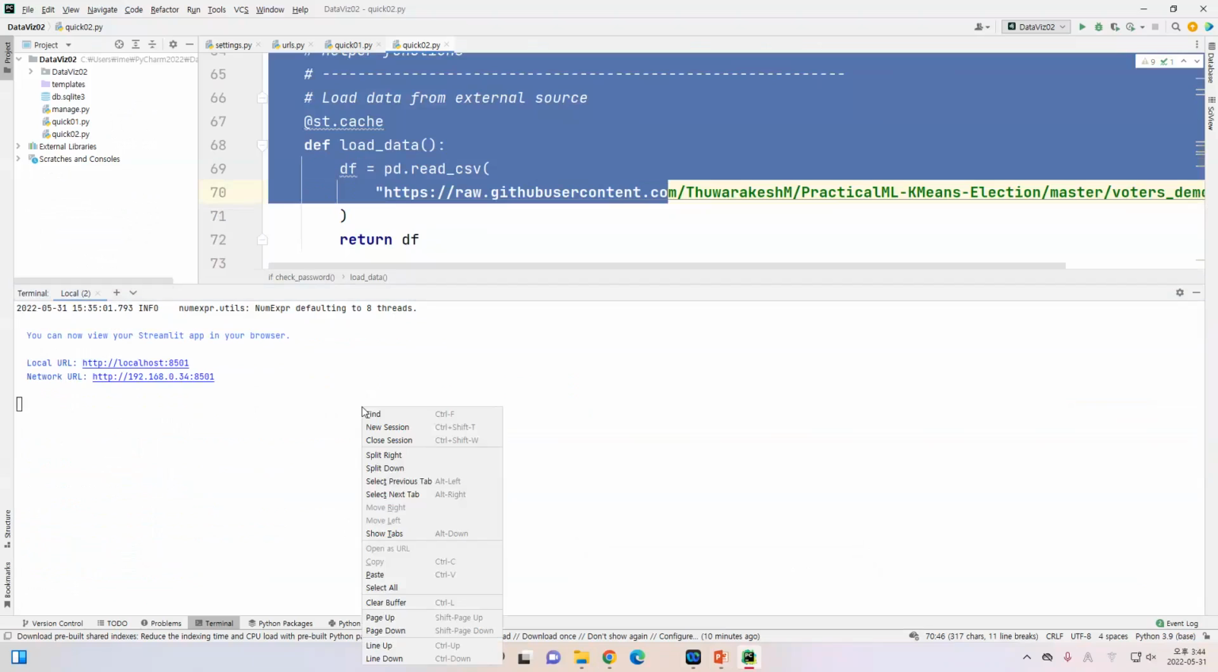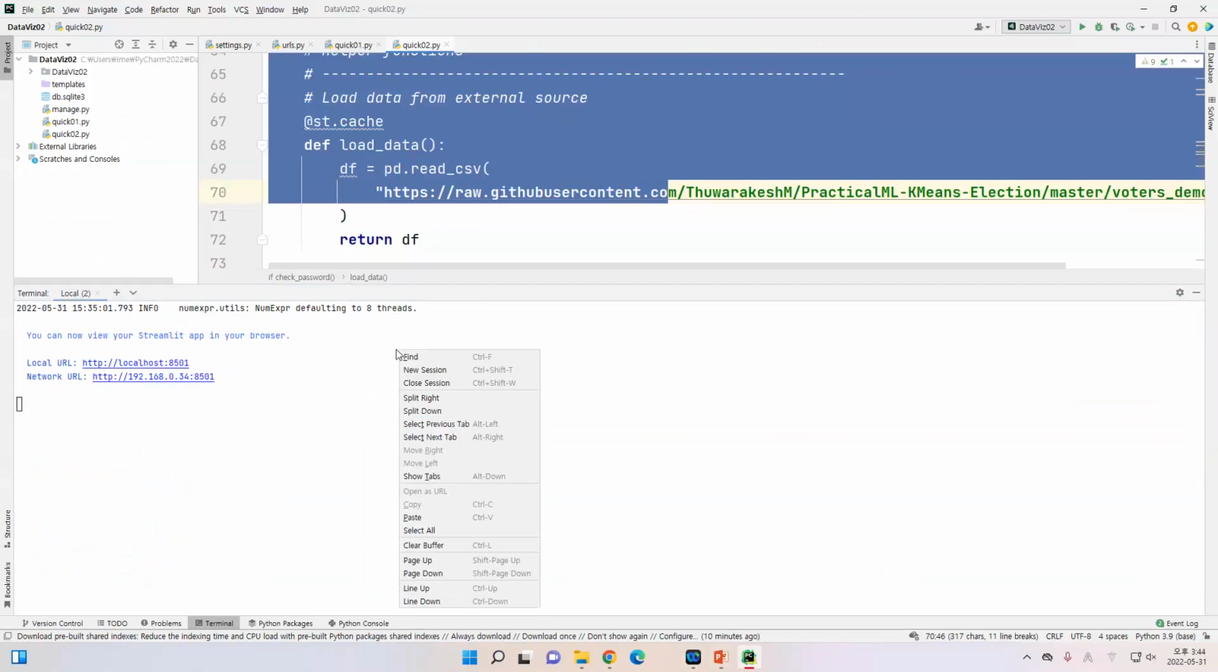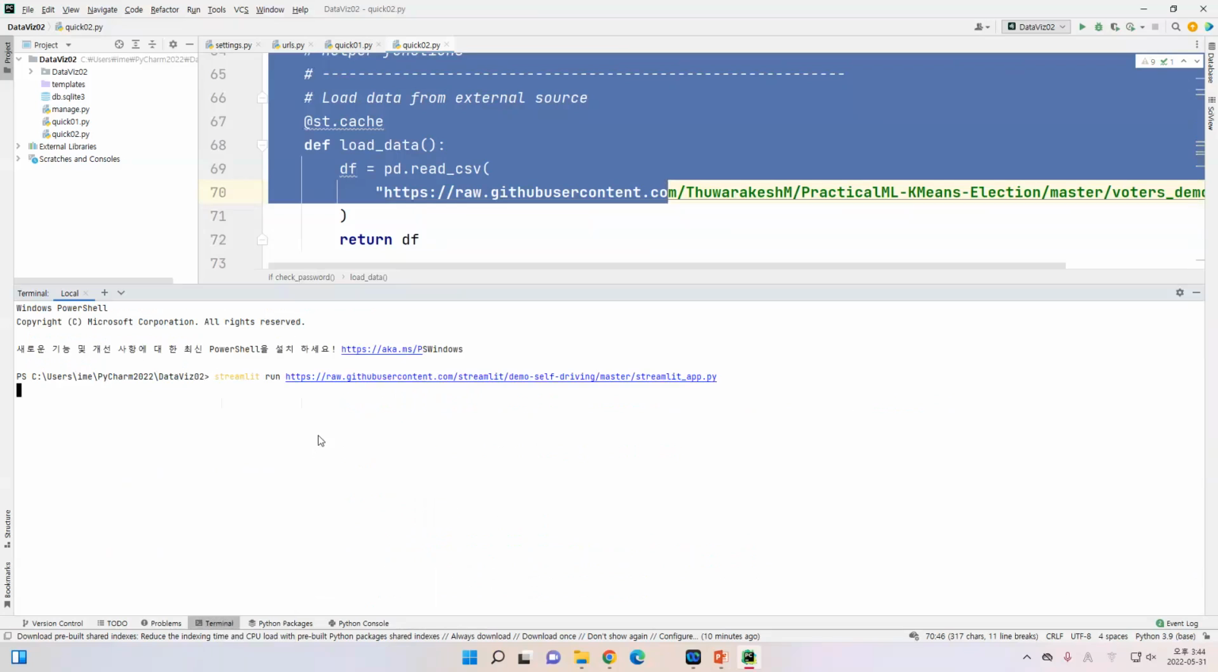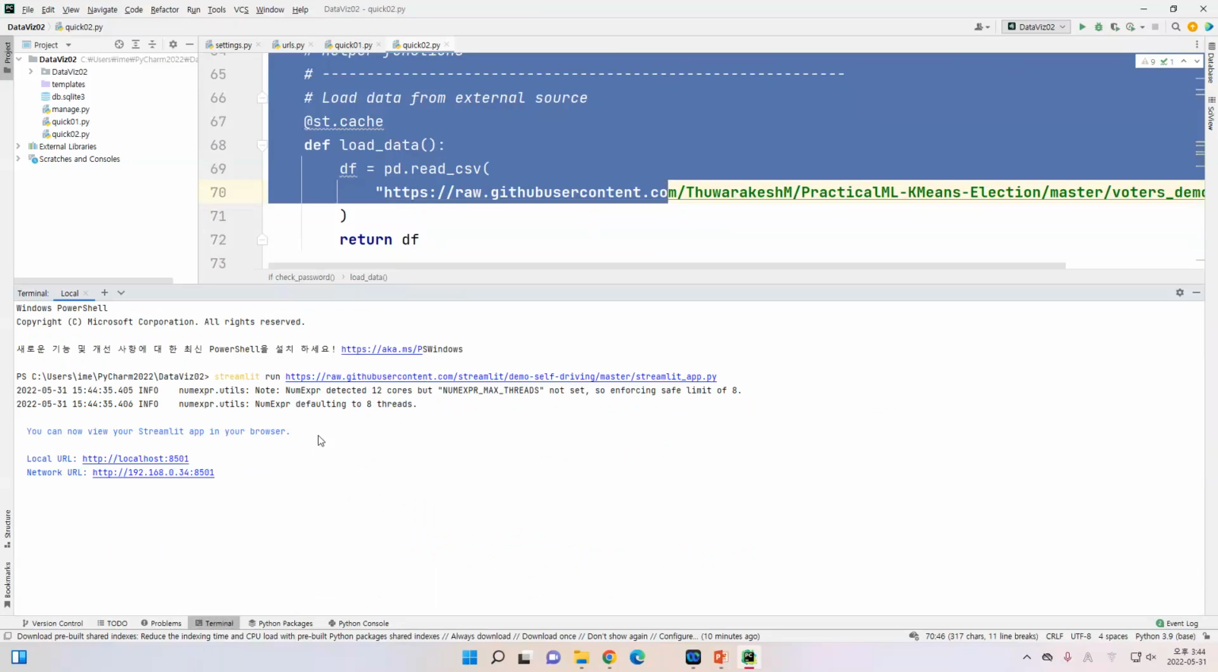Okay, let me stop. I will close the session. You can close the session here. If you go to the terminal, you can right click, and there are some options: you can create a new session, you can close the session, and so on. So let me just close the session, and then I open a new terminal. And if I run this, okay,